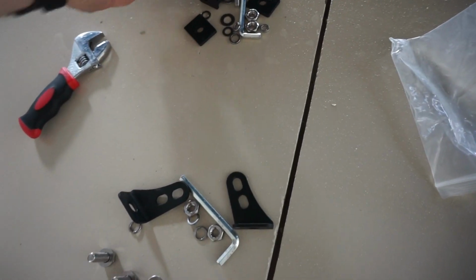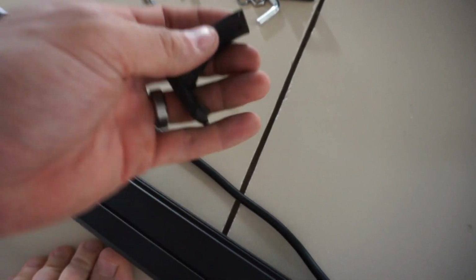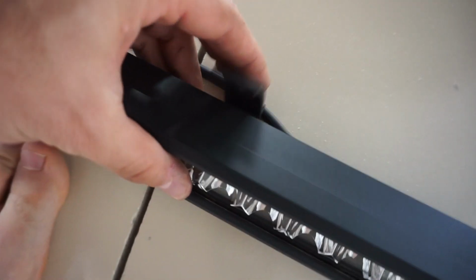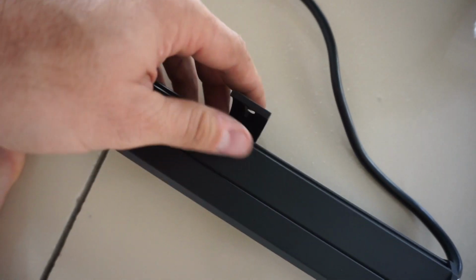However, they allow you to mount it in two different ways. So these are back mounts. As you can see, they're a little bit rounded, but they hug and slide this back portion of the light bar. So we're going to be able to use these